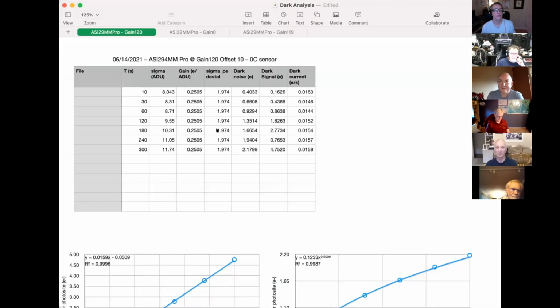Yesterday I did this experiment here, some analysis of darks with the camera. I created a sequence in NINA to expose pairs of darks for 10 seconds, 30, 60, 120, 180, 240, and 300 seconds. For each of them, I prepared a Python script that subtracts one image from the other, and in this way removes all the fixed pattern noise and fits them with a normal distribution to estimate